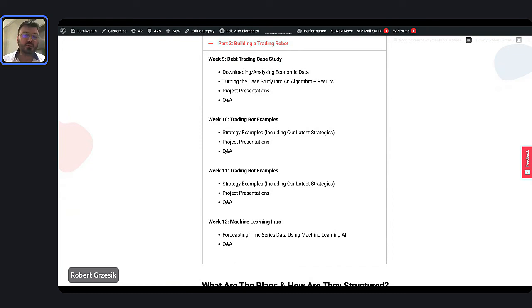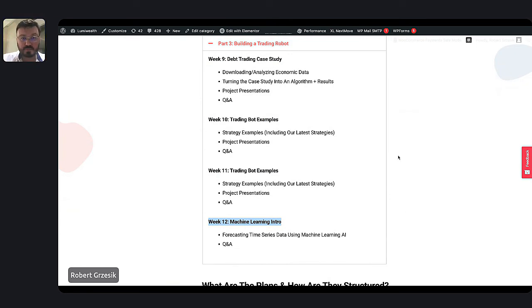And what that means in terms of risks and what that means in terms of what you can get from it, right? We'll show you a lot of those different examples in week 10 and week 11. And you guys can actually choose, like I said, we have a whole library of these algorithms that you can pick and choose from, and we can show those off, right? And then week 12 is a special week. We're going to cover machine learning. We have an entire class just on machine learning. But in week 12, we'll show you how to use machine learning, or in other words, artificial intelligence, as most people will know it, to forecast returns, and how to use that to actually make some very good money doing this sort of thing.